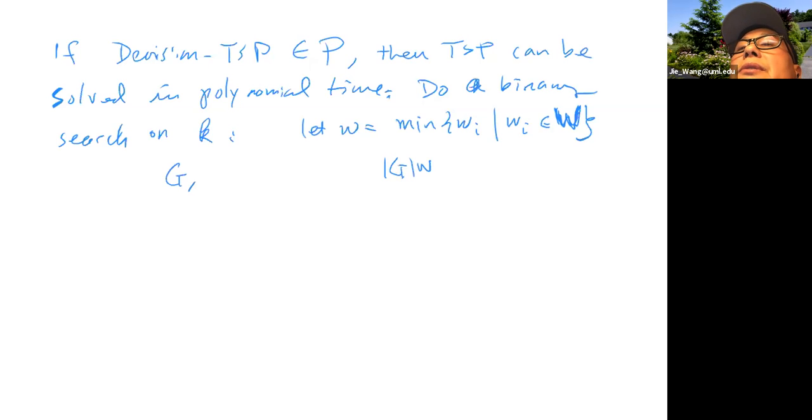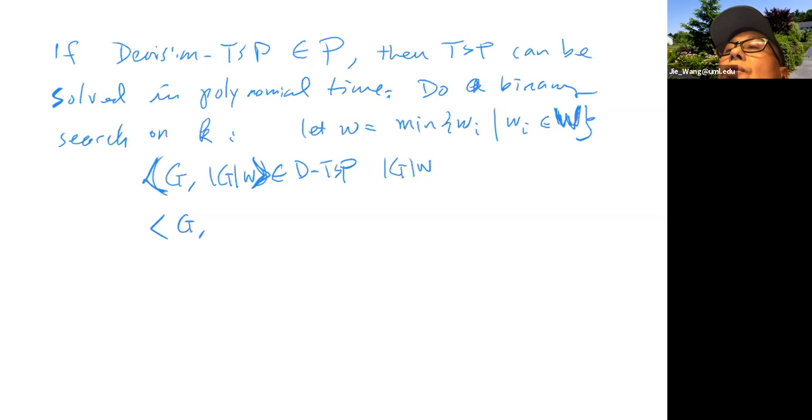So what I want to know is whether this is in the decision version of TSP. If it is, then I'm done because it cannot be smaller than this, right? So then I'm done. If not, of course, I can ask. Now we know that if we take the maximum, now let me use a. Maybe I should use a different